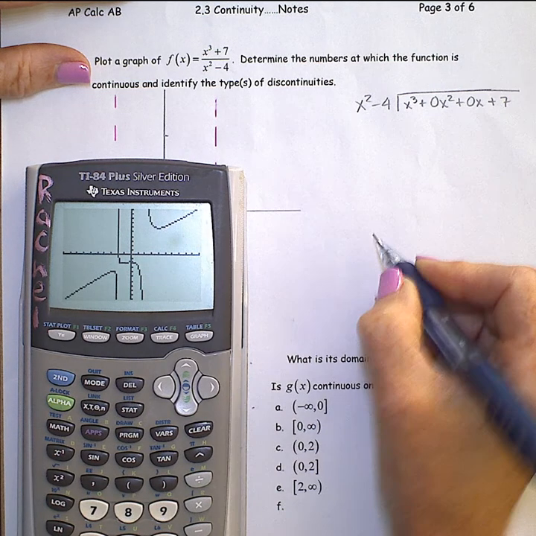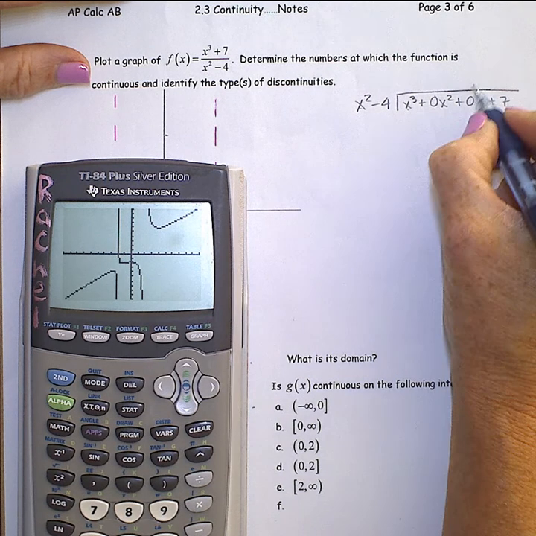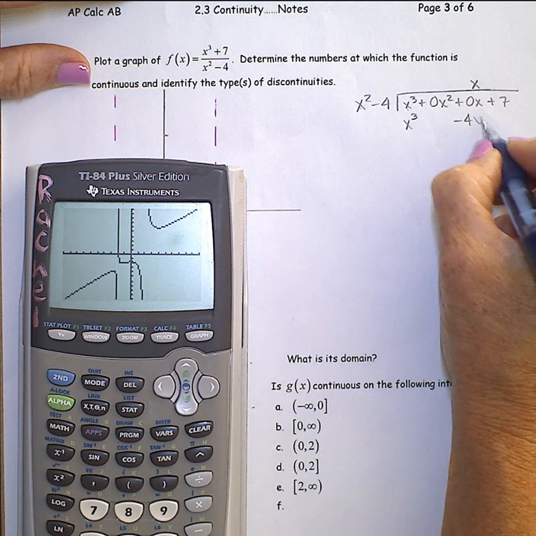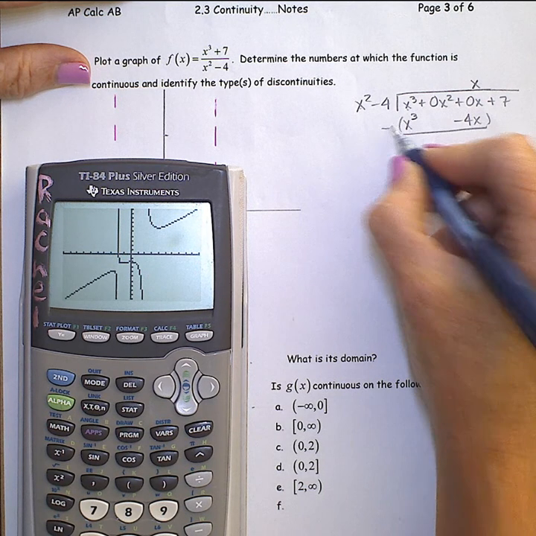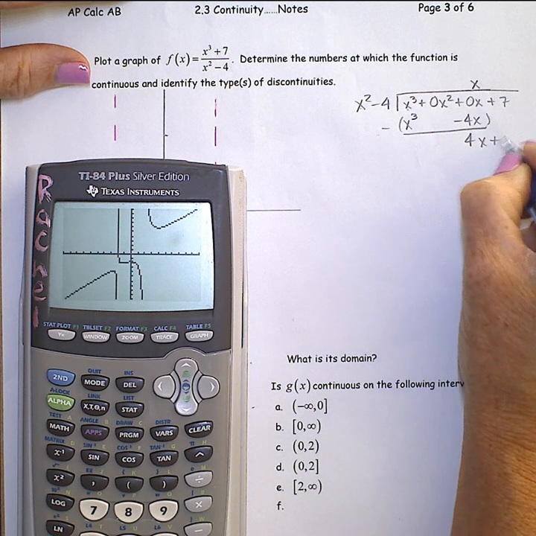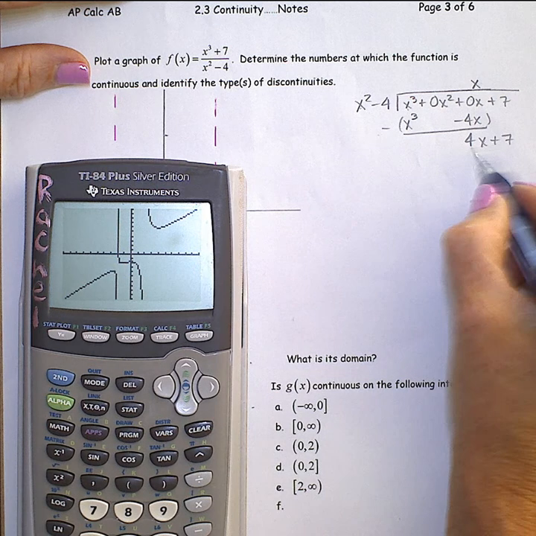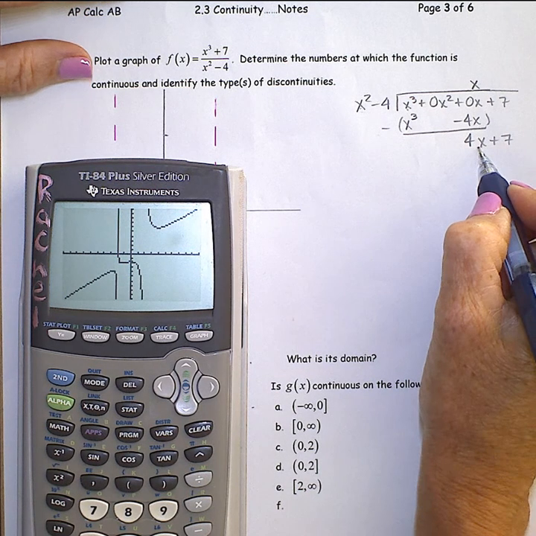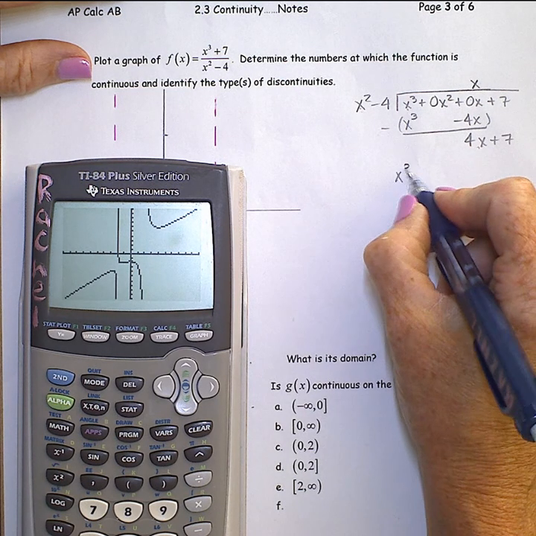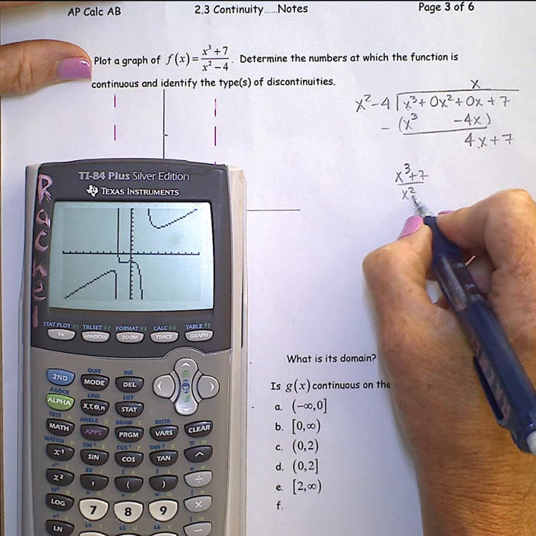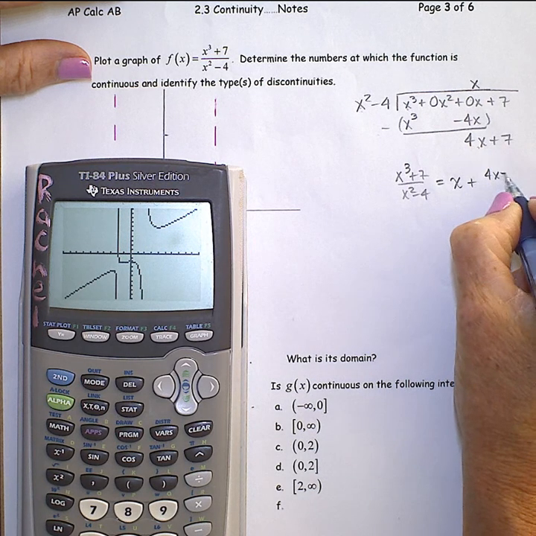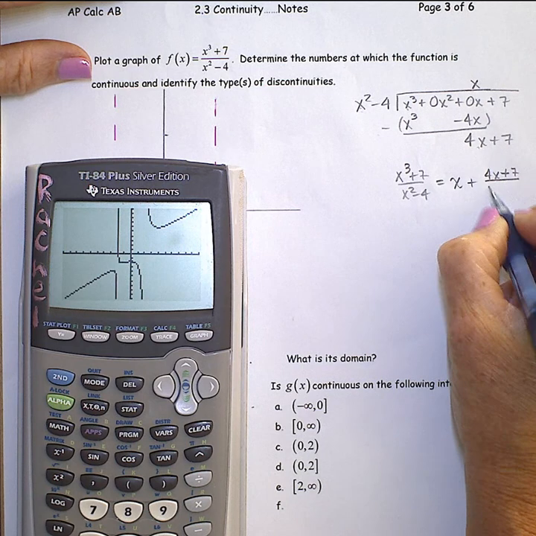When we divide this out, x squared into x cubed goes x times, and we multiply. That gives us x cubed minus 4x. Subtract. 0 minus a minus 4x is 4x plus 7. That is the remainder. X squared will not go into 4x. So this x cubed plus 7 over x squared minus 4 can be rewritten as x plus 4x plus 7 over x squared minus 4,